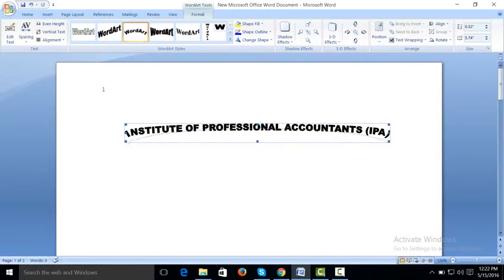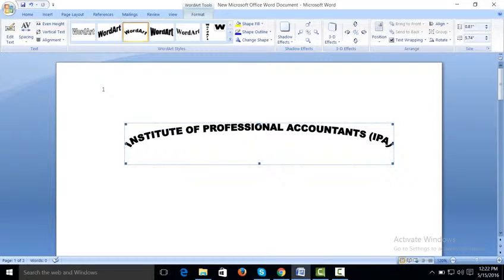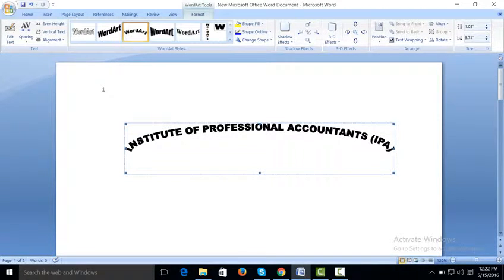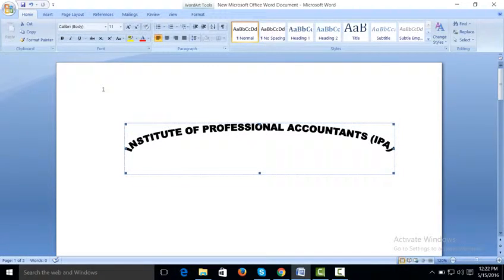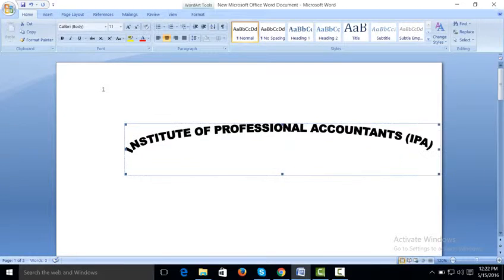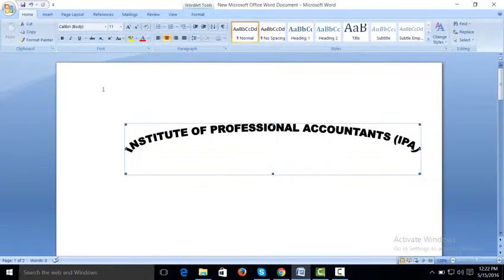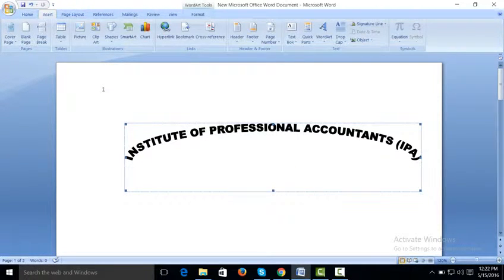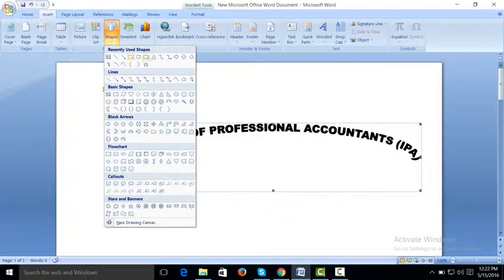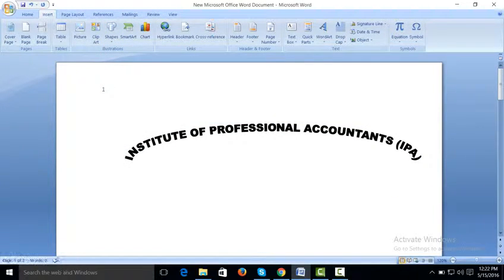Then drag from here to expand this one. We want to create a shape here. Suppose this shape.